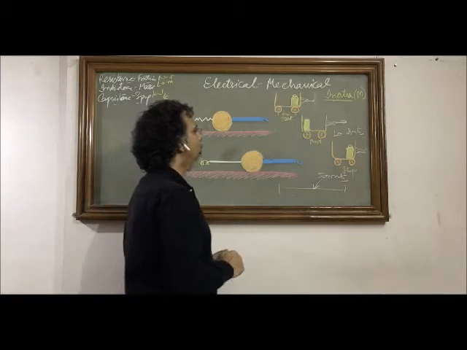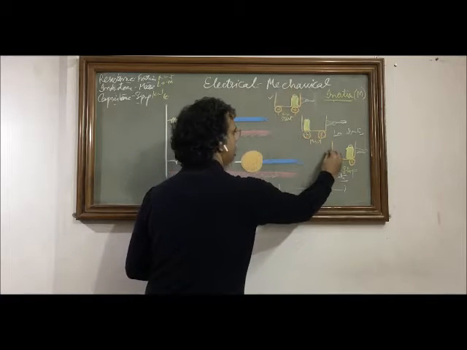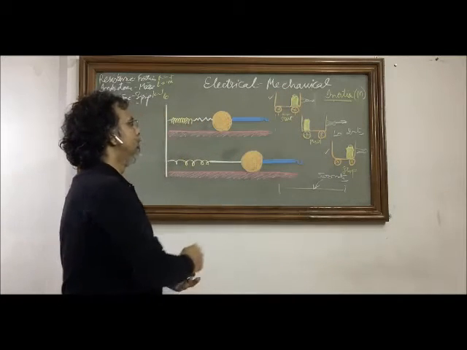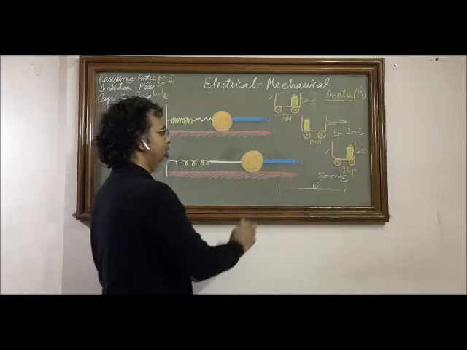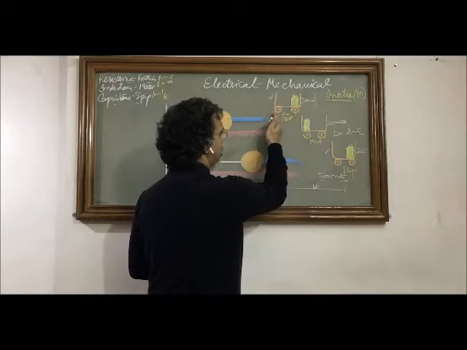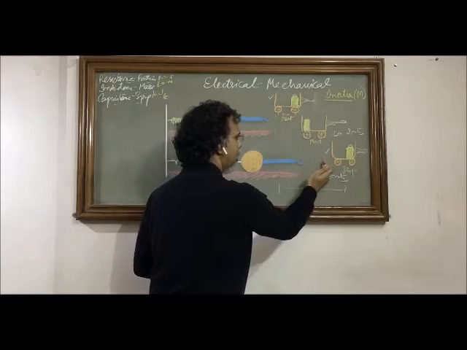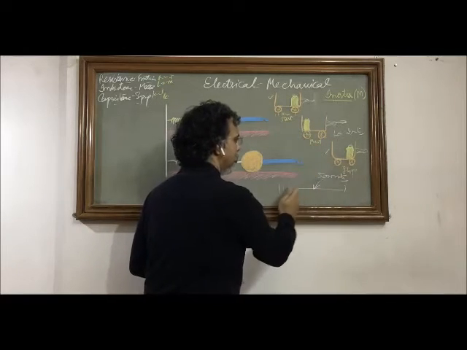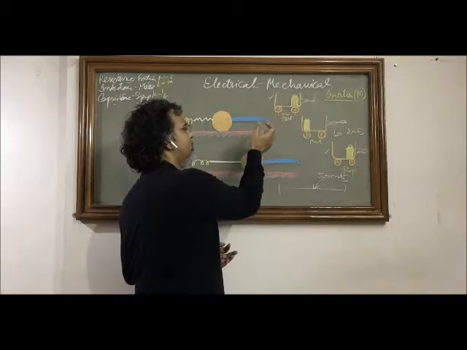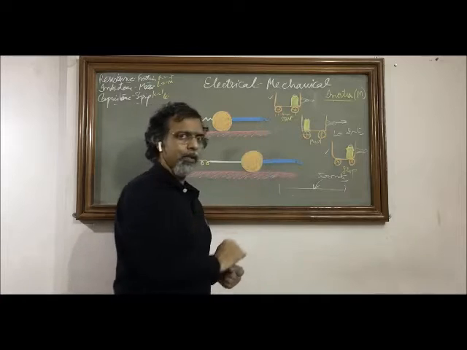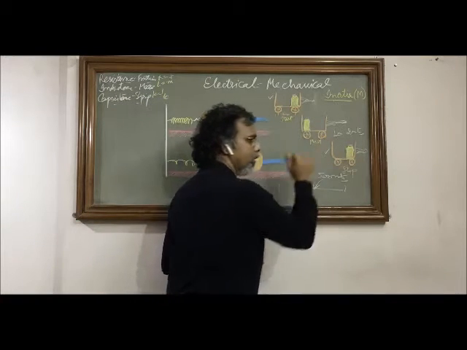Now think what has happened. What is the change between this and this state of the system? Nothing has changed. If you see that the initial point and the final point are both at the same position, it means the cart along with the container has moved a distance of 500 meters. Only thing is, initially it did not travel that distance, but finally it traveled 2 meters more.